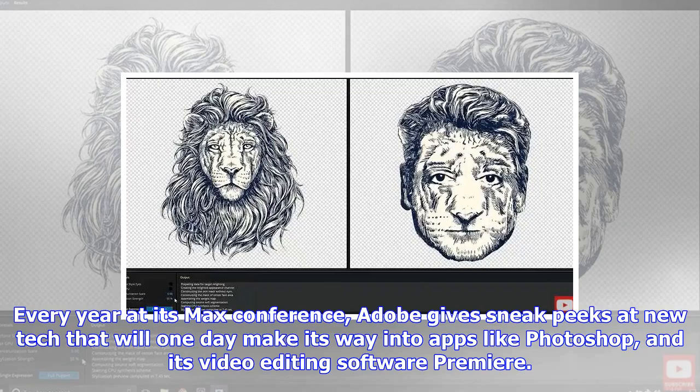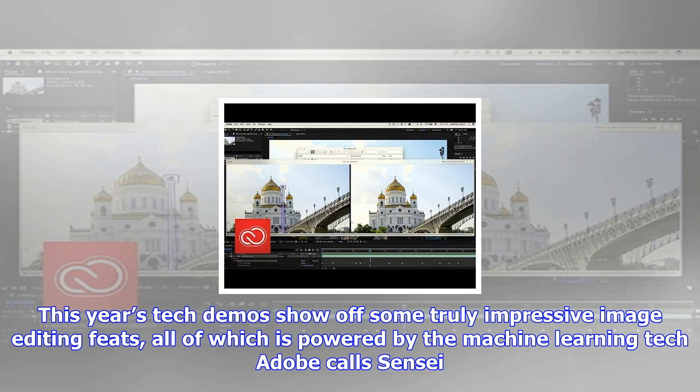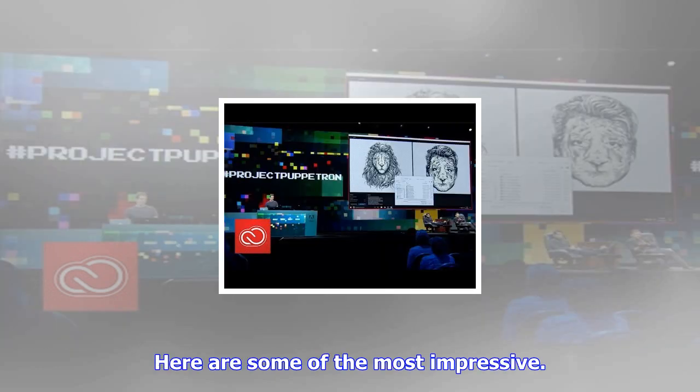Every year at its Max conference, Adobe gives sneak peeks at new tech that will one day make its way into apps like Photoshop, and its video editing software Premiere. These demos gave us our first look at Adobe's seemingly magic content-aware fill tool, which automatically replaces objects when you Photoshop them out. This year's tech demos show off some truly impressive image editing feats, all of which is powered